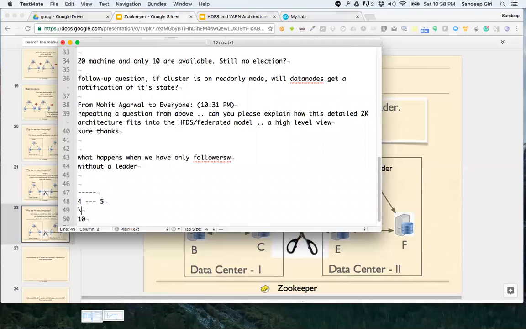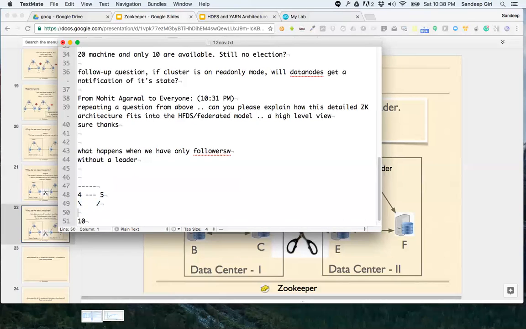Okay, how do you draw these nice graphics? So, let's say there are three data centers, one containing 4 nodes, another containing 5, and another containing 10.